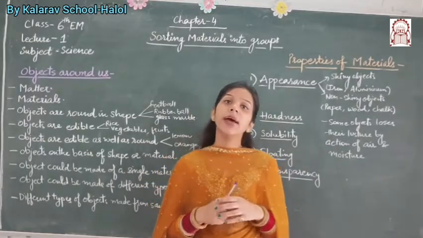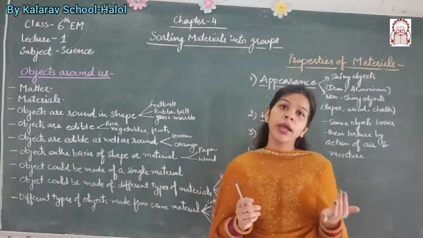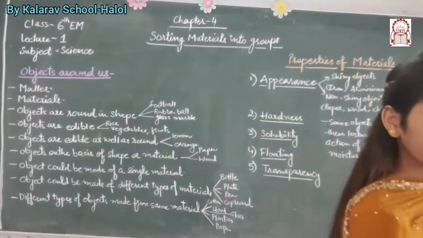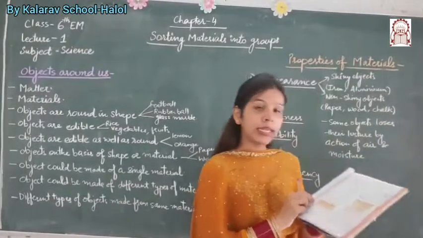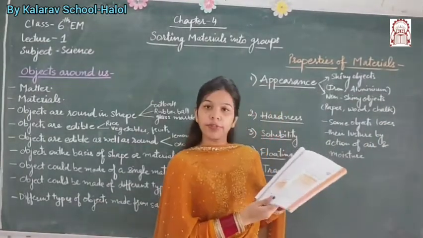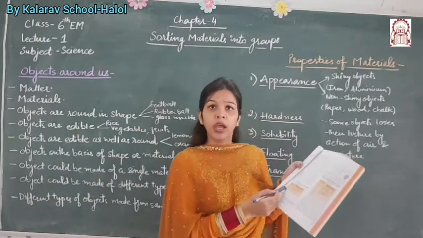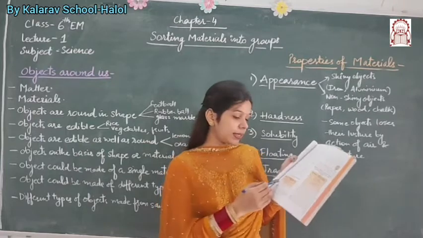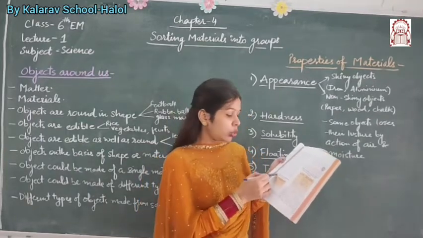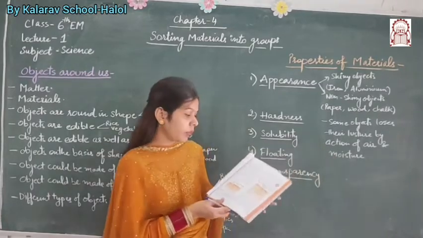So here there is an activity for you. You can do it at home or in your activity or project notebook. Here you can see the table 4.1, objects and the materials they are made from. Here a few examples are given, plate, pen. You can write more examples here and the materials which are used to make these items. You can write these in your project workbook.